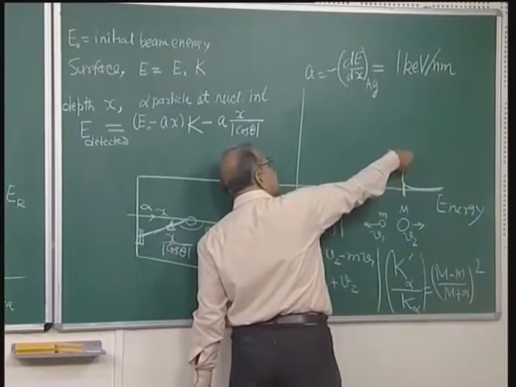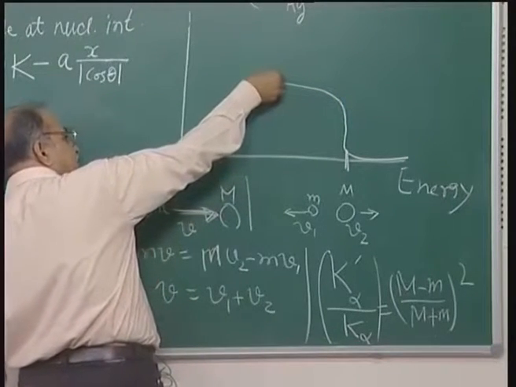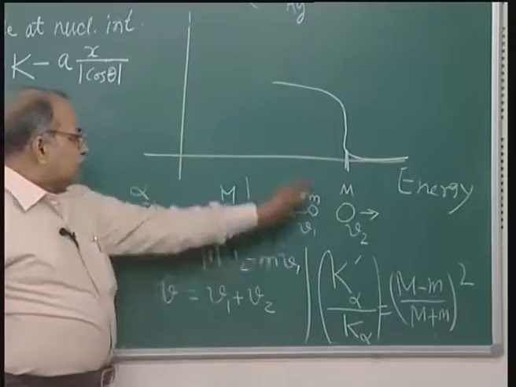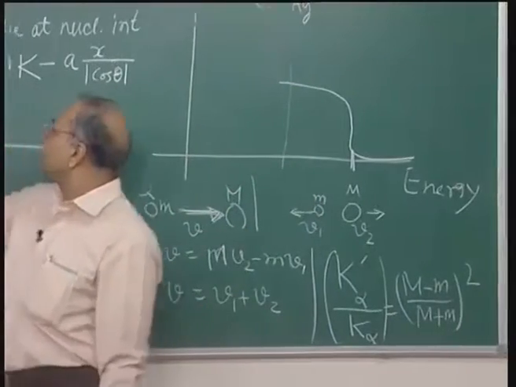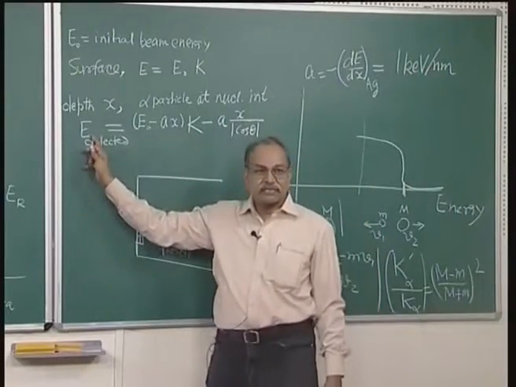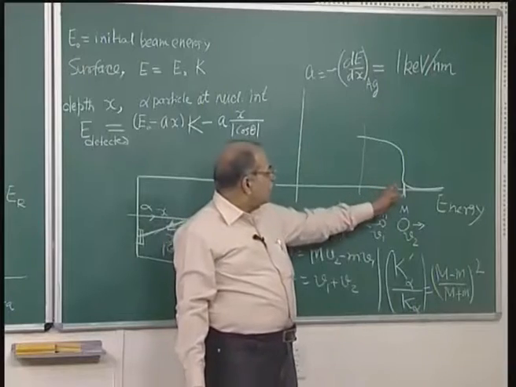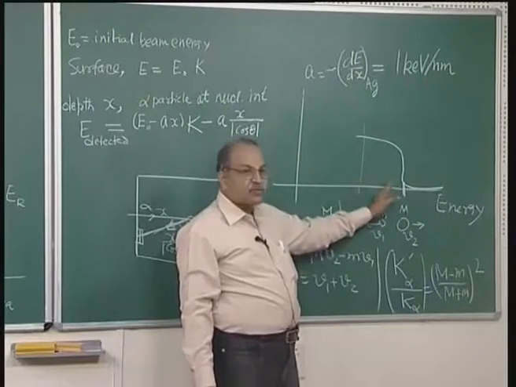Suddenly you have a rise, and then you have all these. So, each depth x corresponds to a particular energy, and that is how we are getting different energies. Each point here corresponds to a particular depth,